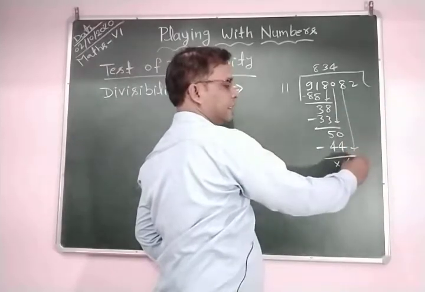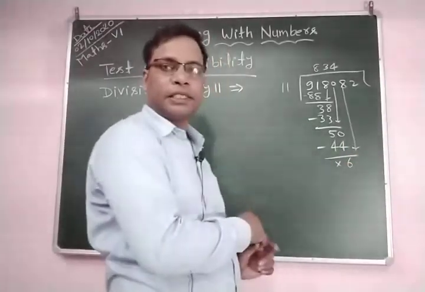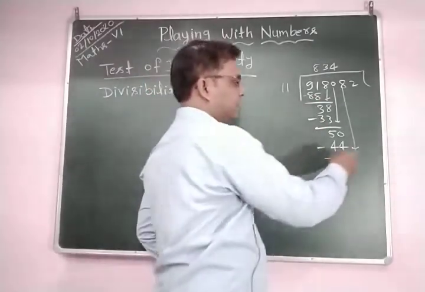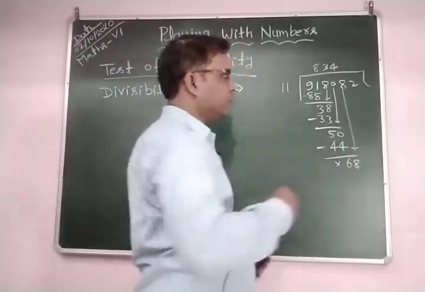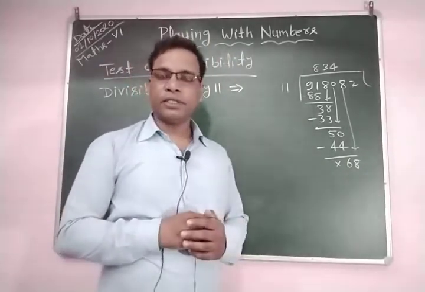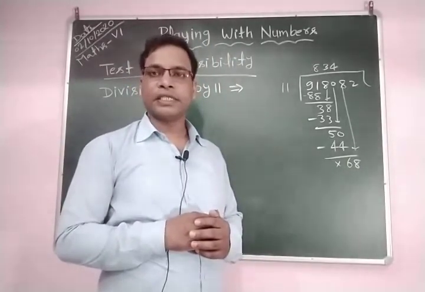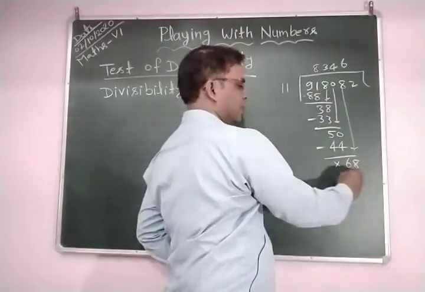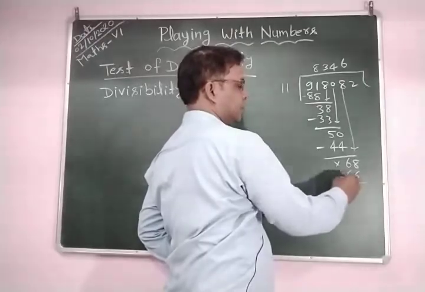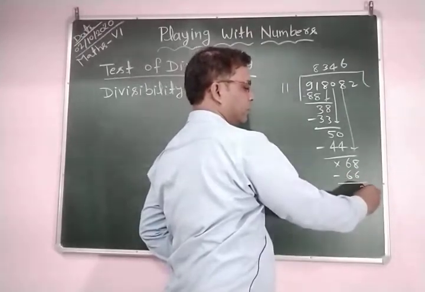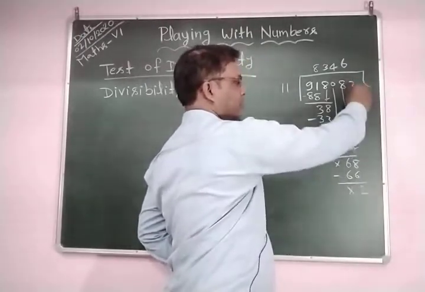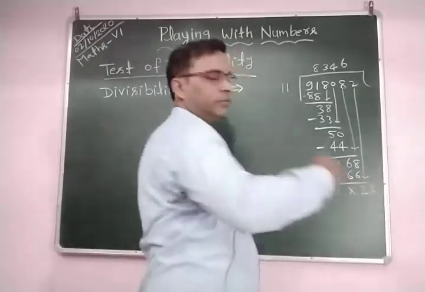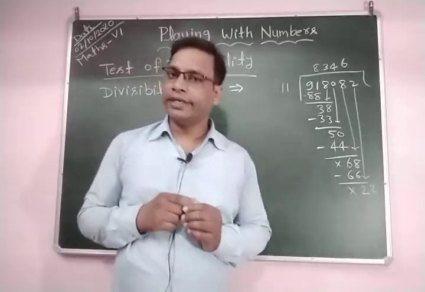This digit, next digit 8. So this is the remainder. 6 is our remainder. When you bring down the next digit 8, it becomes 68. So how many times does 11 divide? 6 times. So you write here 6, and 66. 11 times 6 is 66. Subtract them. Then you have 2 here, and bring down this 2. This is the remainder. When you write it 2, this becomes 22.